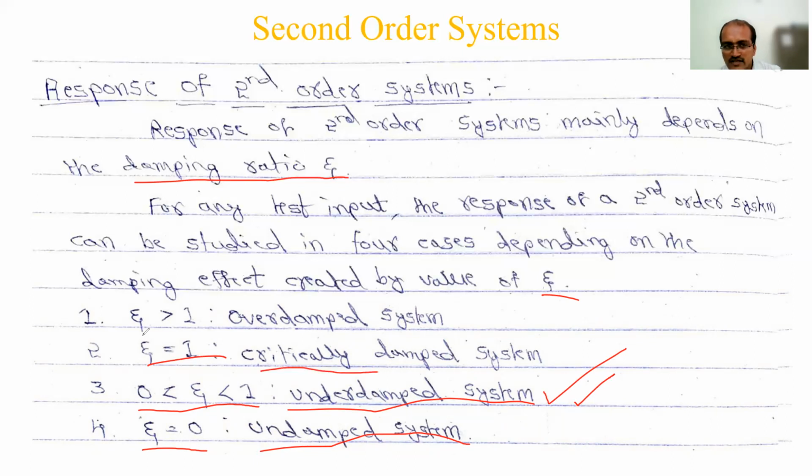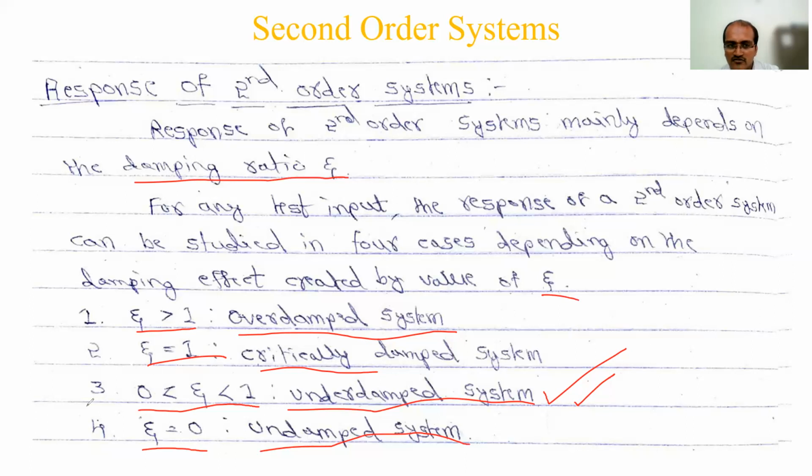When the zeta value exceeds 1, it may be any value, then we call it an overdamped system. Overacting, we say, no, acting should be within limits, right? The same way here, we use the word damping. If we do not apply any damping, we call it an undamped system, no act. Then the range 0 to 1 is called underdamped, underacting. Then zeta equal to 1 is the critically damped system, its maximum, we could not tolerate more. That is the maximum case of zeta. If it exceeds that, it is overacting, so an overdamped system. Like that, we have 4 different cases here.